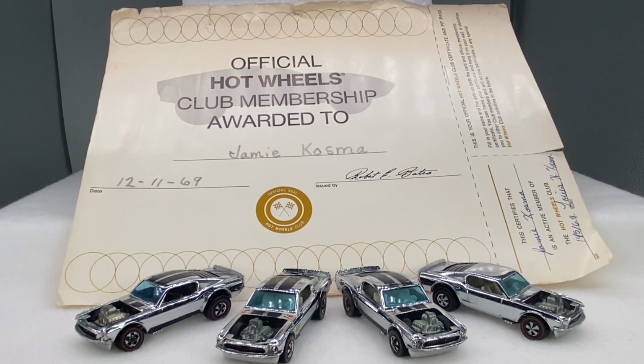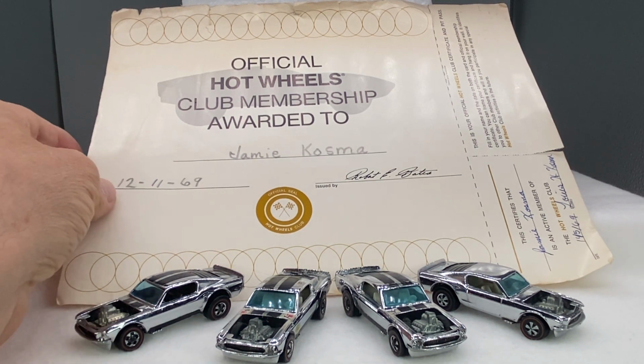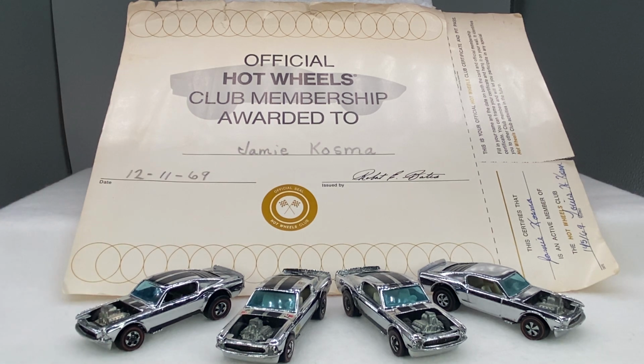What I find fascinating about this is that you're out looking at collections, buying collections, and you're picking up a piece of history, somebody's toy and someone's coveted possession, becoming a member of a club back then. Interesting, because when I got